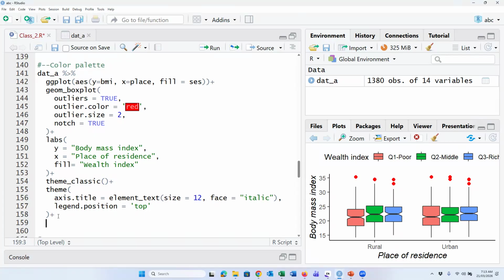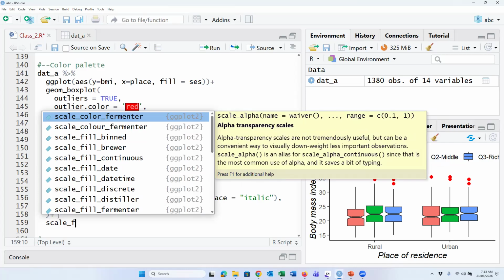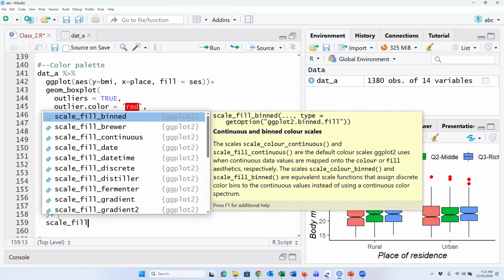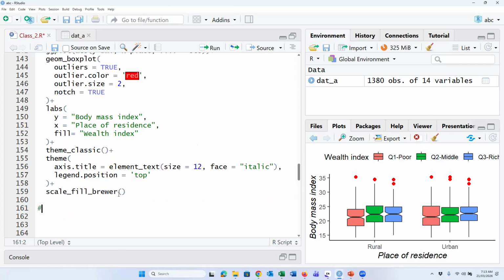plus scale, scale_fill_brewer will give the name of the color palette. Sorry, palette. In general, there are three types of palette, like